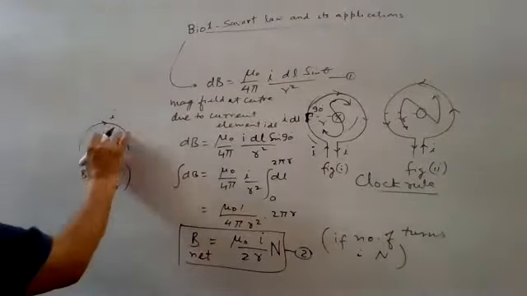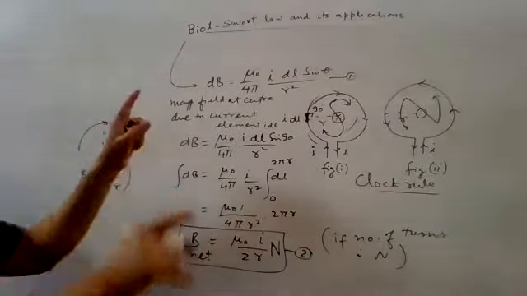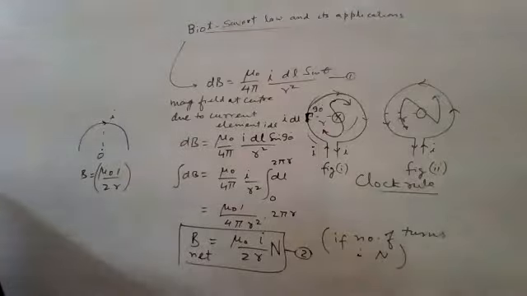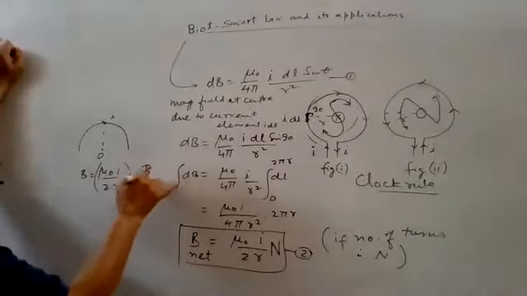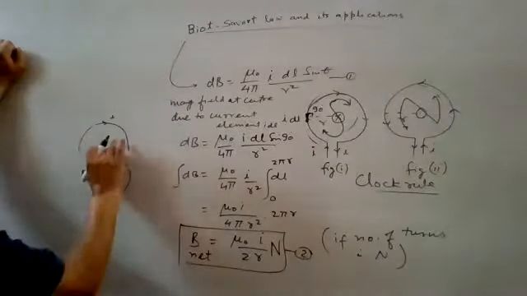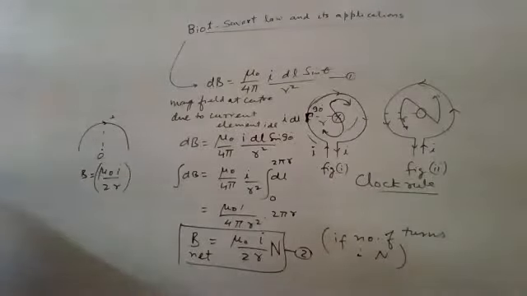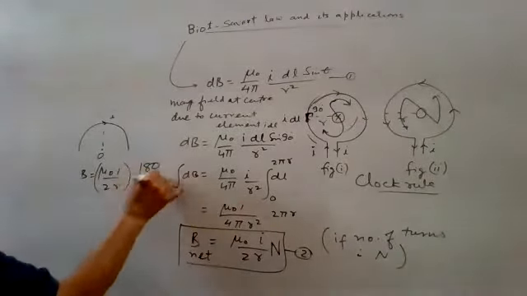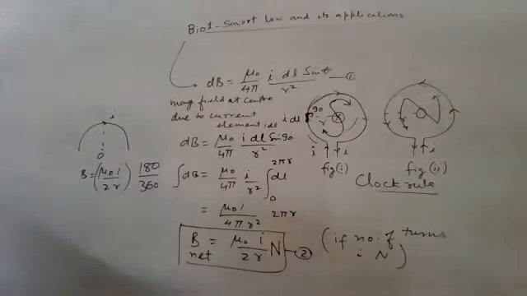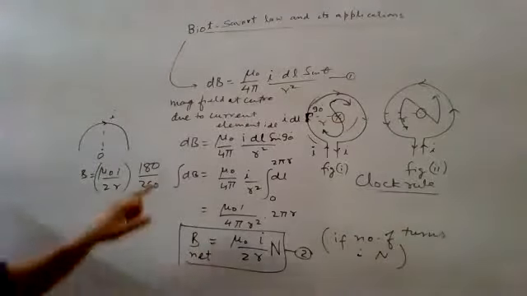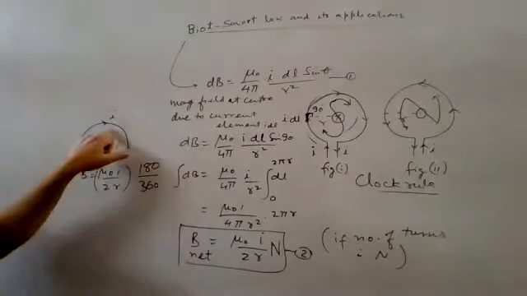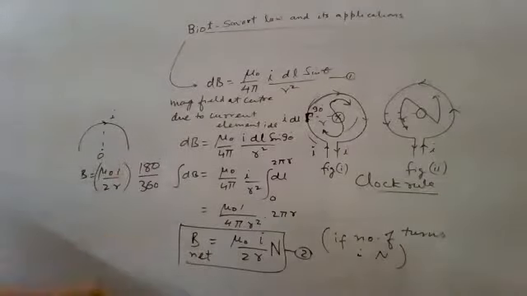Or the angle here, because the arc length is related to the angle, so we are using half here definitely, but it can be expressed this way also. The angle at the center made by the semicircular path is 180 divided by 360. This is in degrees. You can write in radians also. Radian means here pi radian upon 2 pi, we are getting half. So half or 180 upon 360. Suppose we are taking the quarter, in that case 90 upon 360 means 1 by 4. In general,